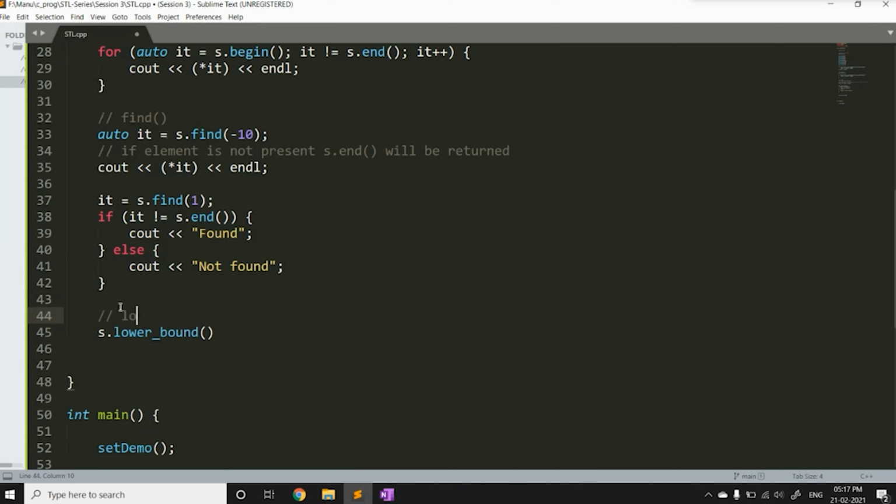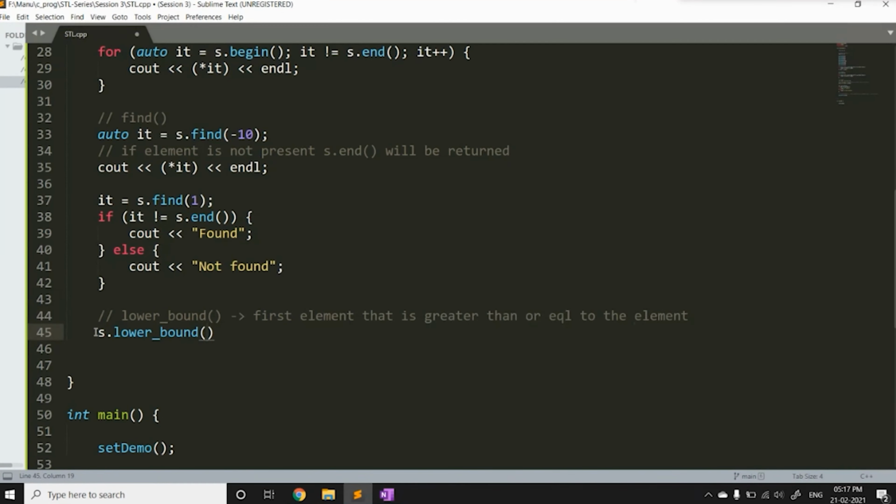Lower bound will give me the first element that is greater than or equal to whatever element we are searching for.